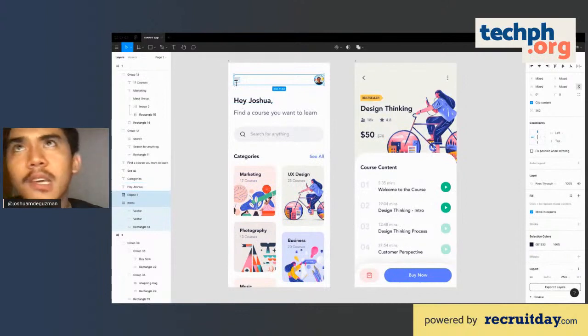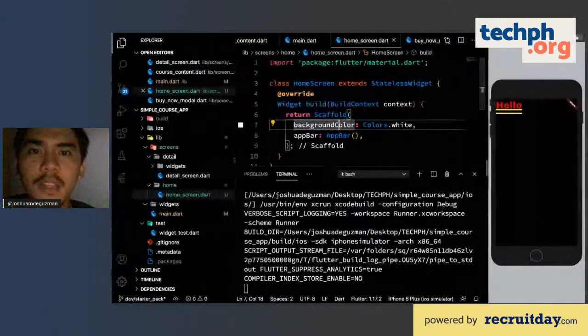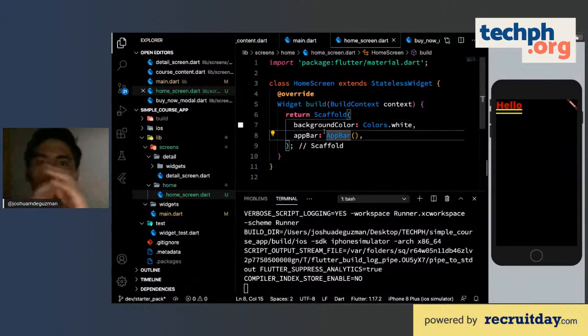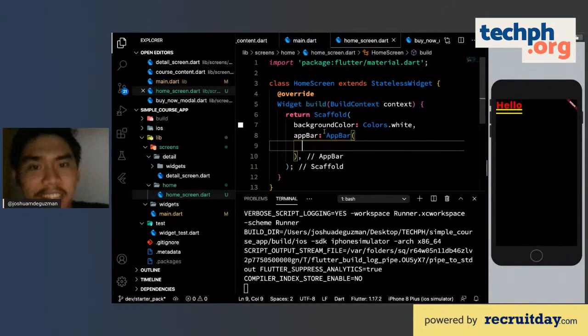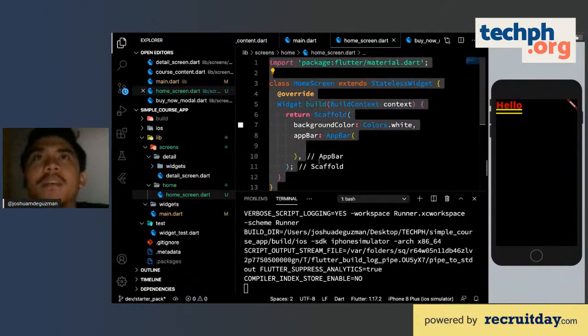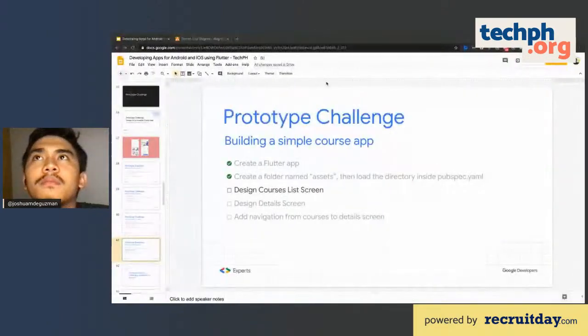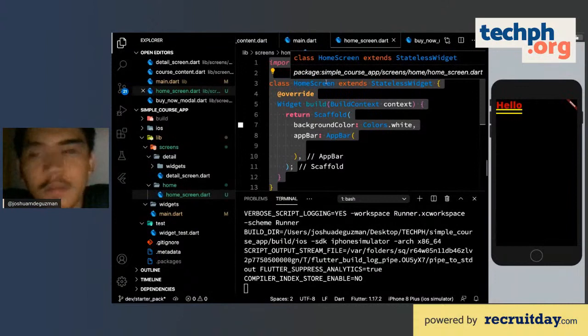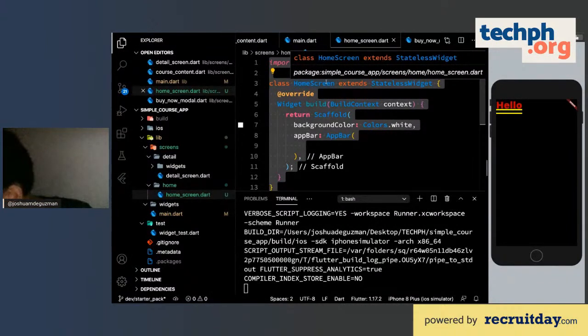And for this one, I'm seeing it as an app bar. For this one, you need a column. Later on, we'll see that in action. It's a bit slow. Right now we're not seeing any changes, but I guess just wait for this one to finish. This is running slow. I'll try to switch.